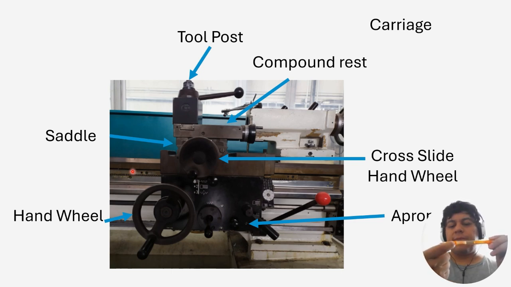But I don't want to start manufacturing at this point. I want to start manufacturing here. So if I move the hand wheel, I will be able to move the whole carriage through different lengths. And we have as well the cross-slide hand wheel, which is the little one,